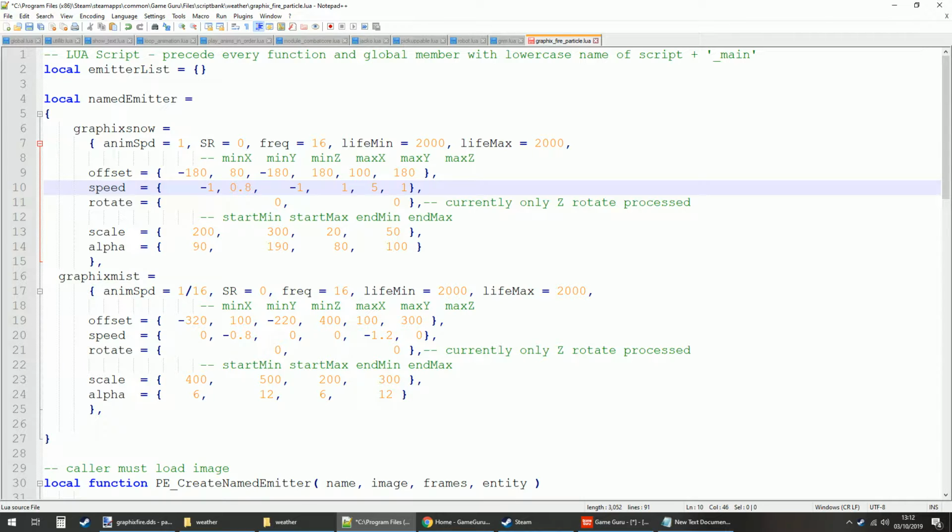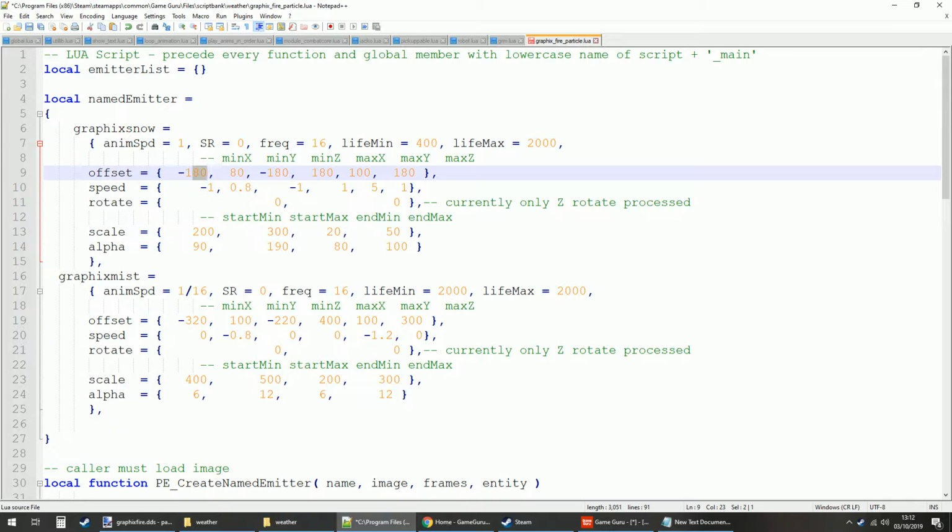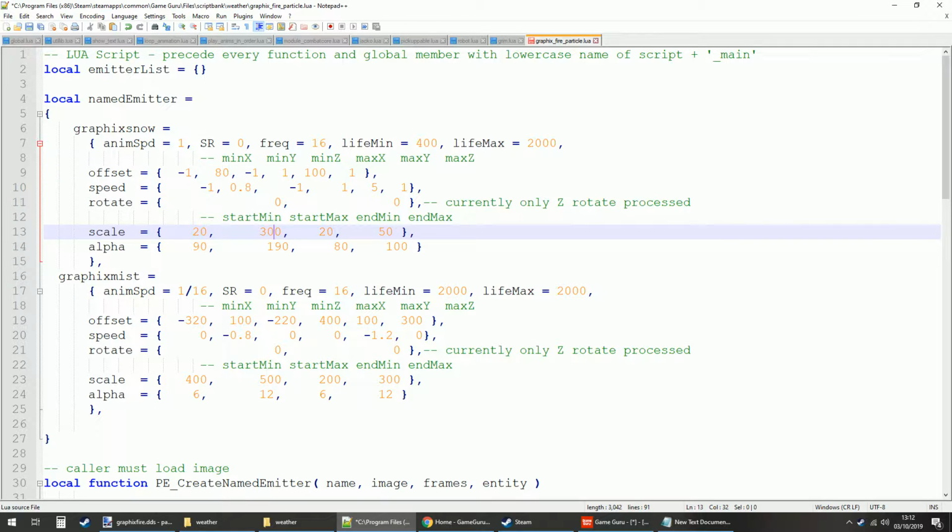The other thing I'm going to change is the life minimum, so that some of them will fade away much quicker than others, just to give it a bit of extra randomness. We're going to reduce the offsets here, just so it spawns more centered on the actual entity rather than in a big area around it. And then we're going to reduce the scale here so that they are small and more centered as well,